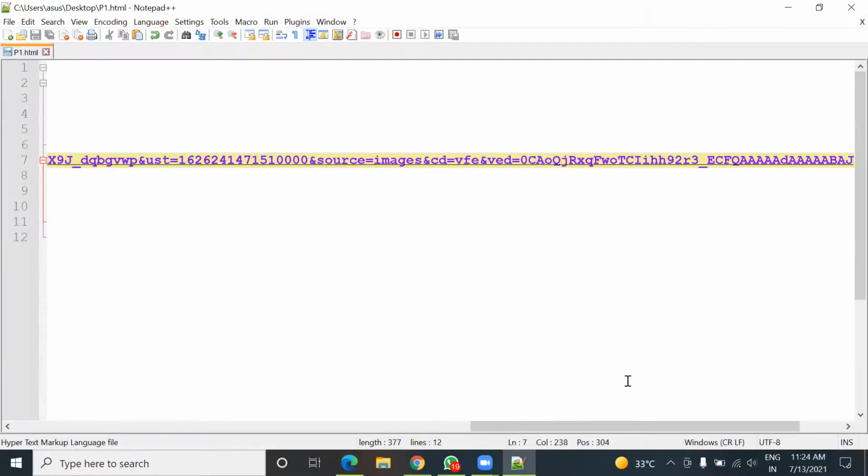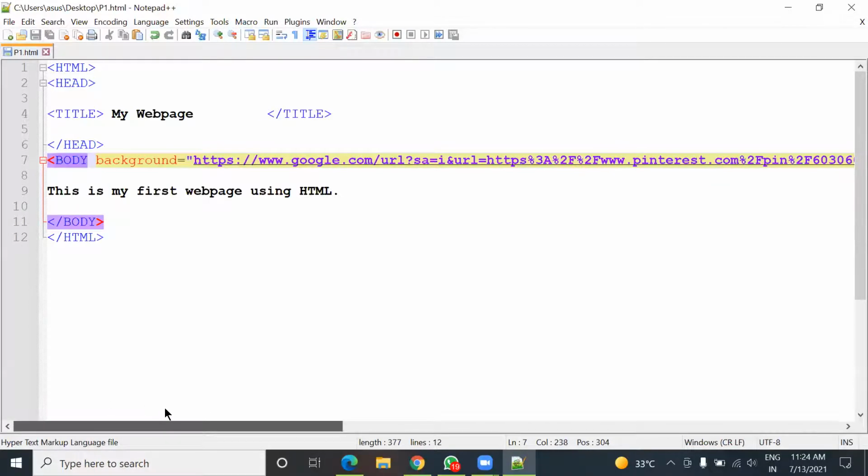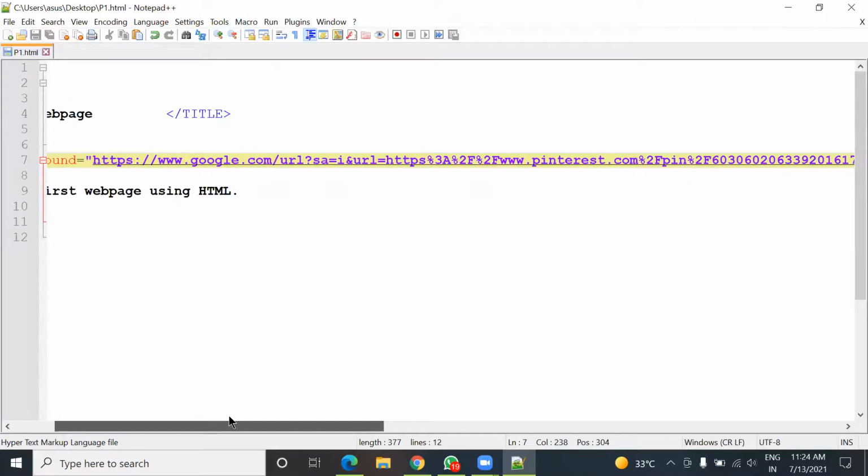Not showing now. So I think there is something wrong with the address. I think something is wrong with the address. The file extension and name of the file is not here.